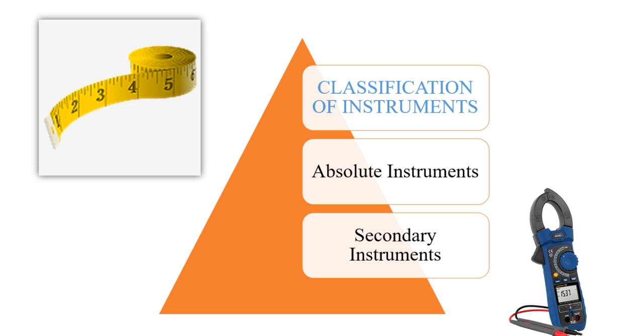So if we want to classify the instruments, we have two types. The first is the absolute instrument, and the second is what we call the secondary instrument. As far as absolute instruments are concerned, they give the value of the electrical quantity to be measured in terms of the constant of the instrument and its deflection, with no comparison with another instrument being